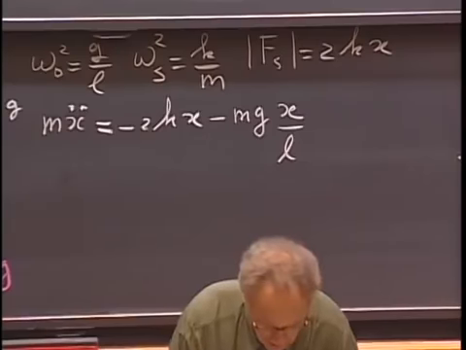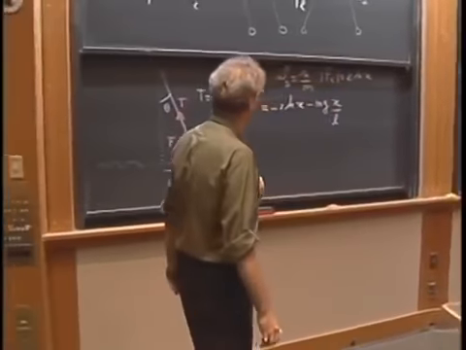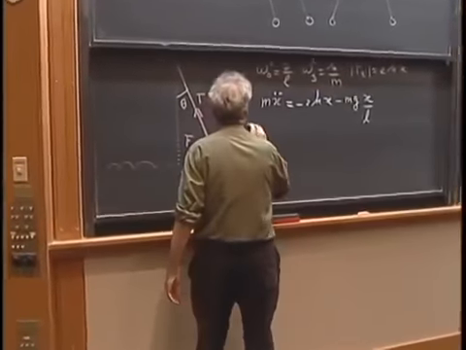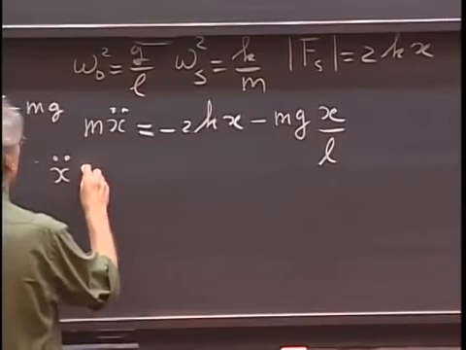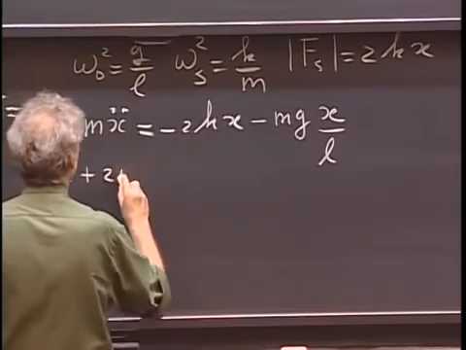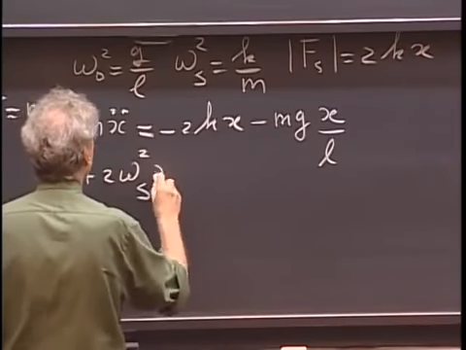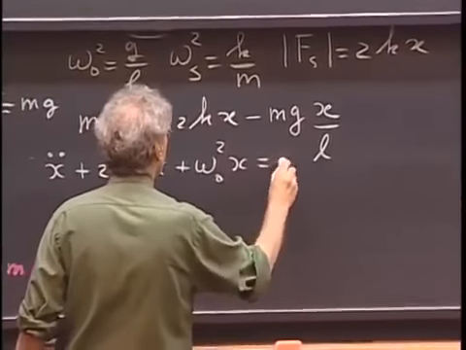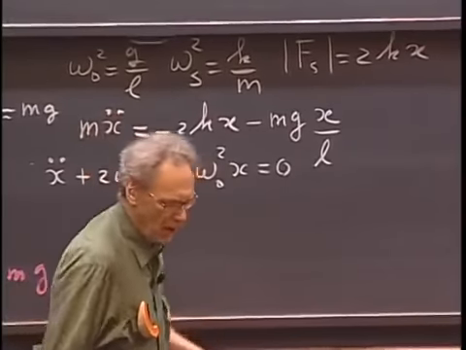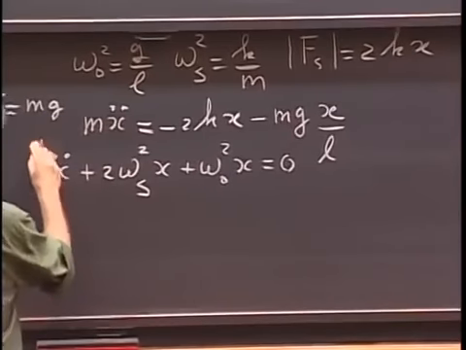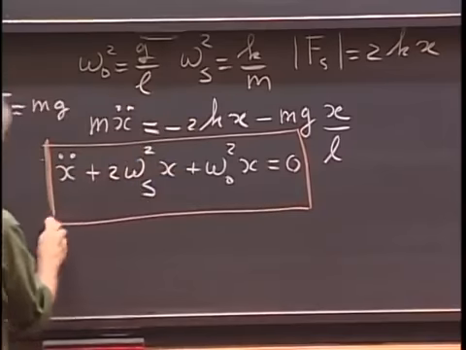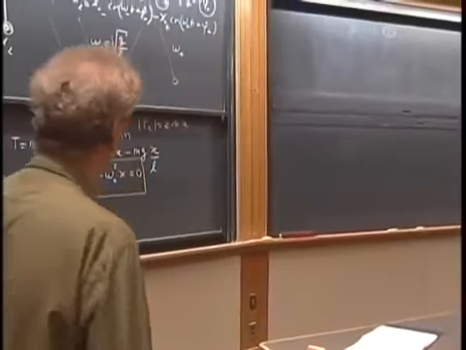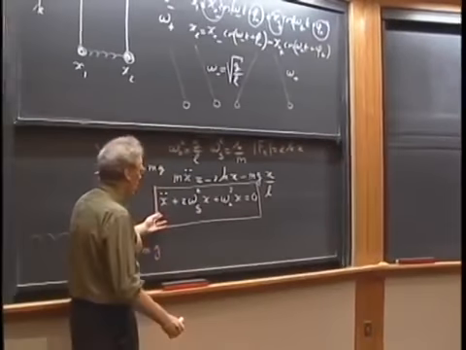And so this is the differential equation. I'm going to divide m out, and I'm going to bring everything to one side. So I'm going to get x double dot plus 2 omega s squared times x plus omega 0 squared times x equals 0. And our task now is to solve this differential equation. And that, of course, you can do in 3 seconds, because you recognize this differential equation. It is x double dot plus something